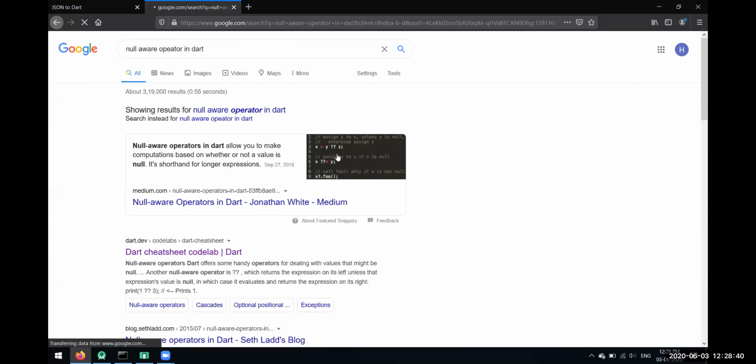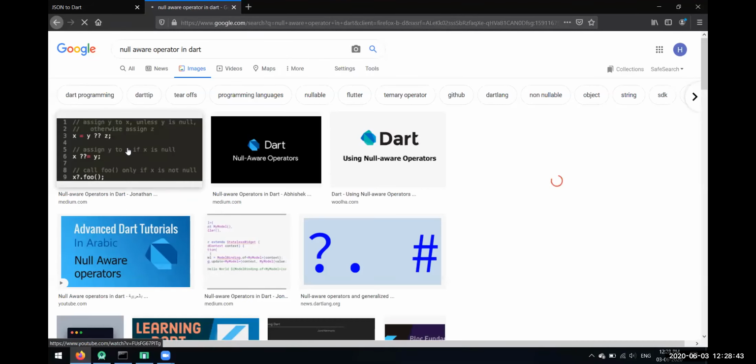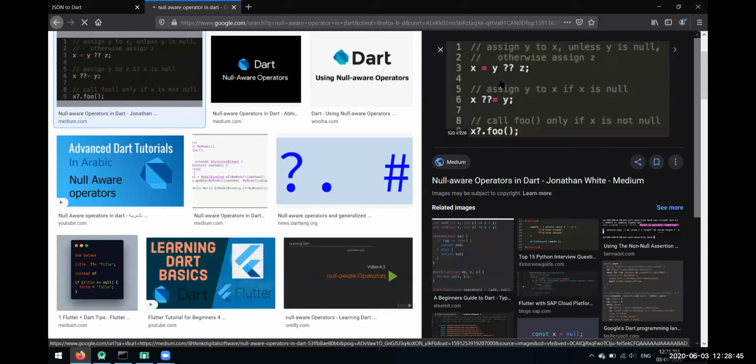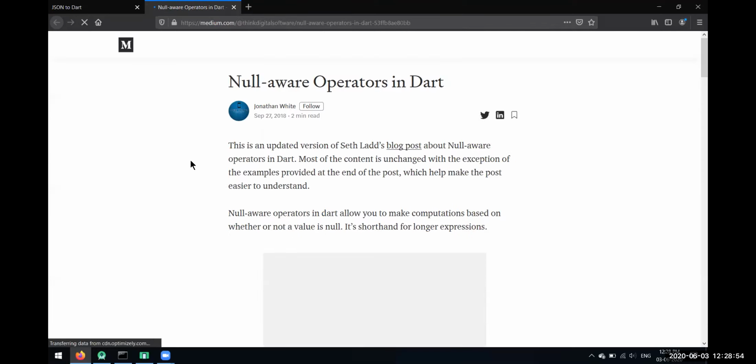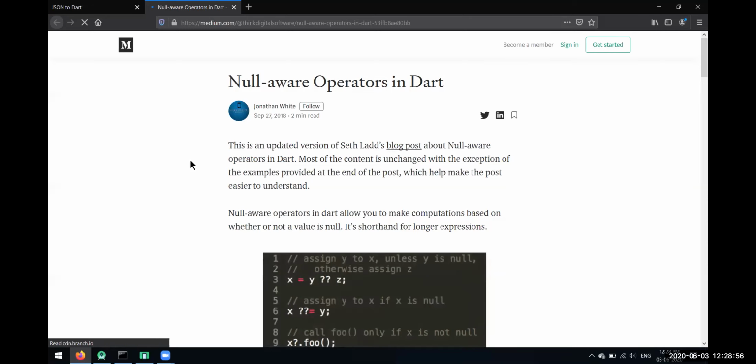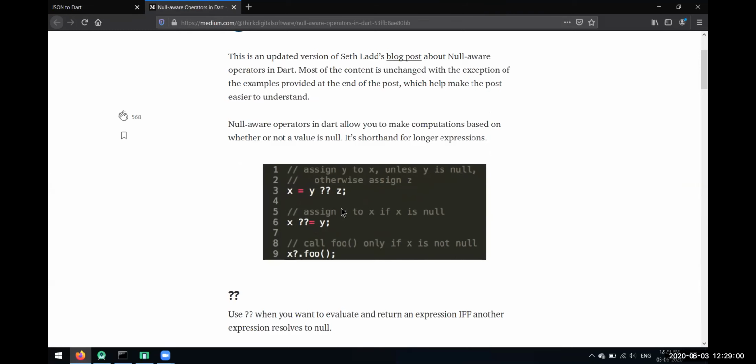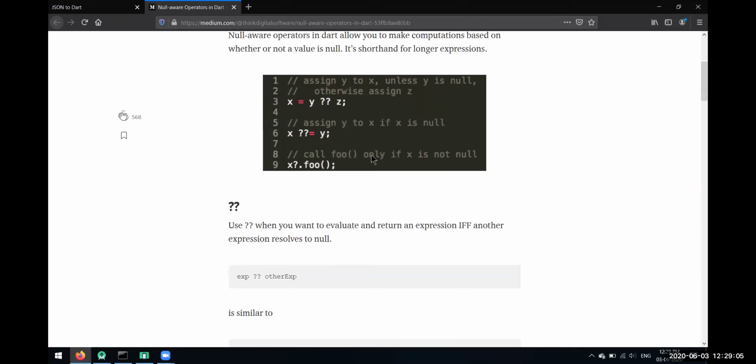See this image. This is an article about the null aware operator. If you want to know more about it, go on Medium; there are very good articles about all that. I hope it's visible. Here they have given various ways in which we can use the null aware operator.